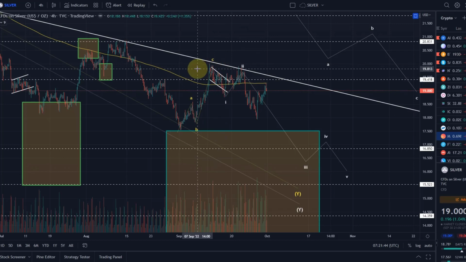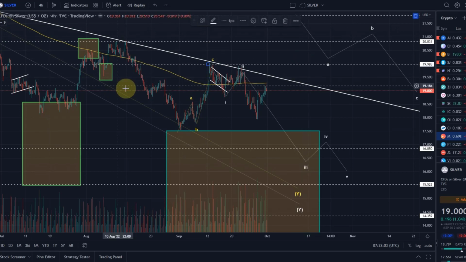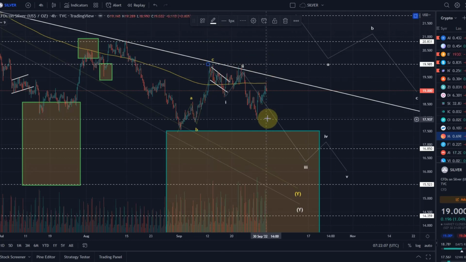Okay, and then also here it would have to be a wave 1 to the upside, and all of this then as a wave 2, for example, as an A, B, C, and then we've got a 1, 2 setup. And if this is a breakout scenario, then we have to do it now. We have to move up from here. So we have to get above this $20 area to give the signal.